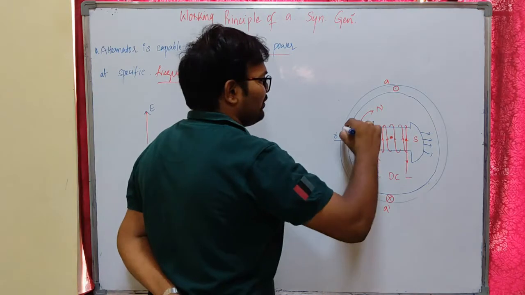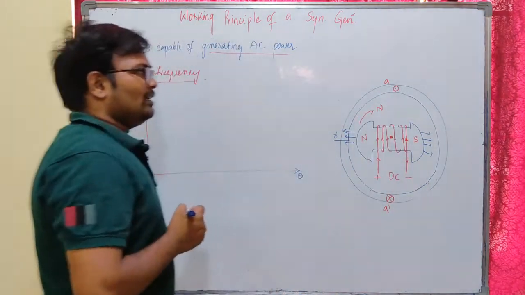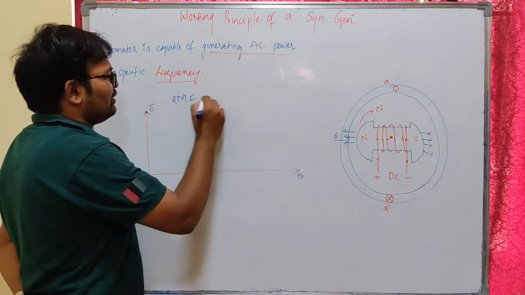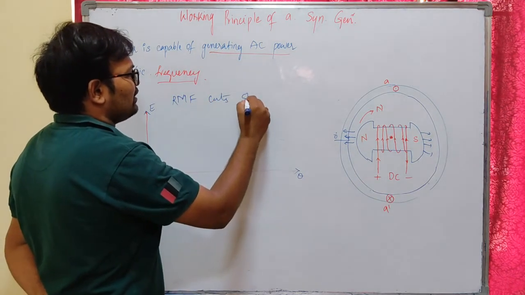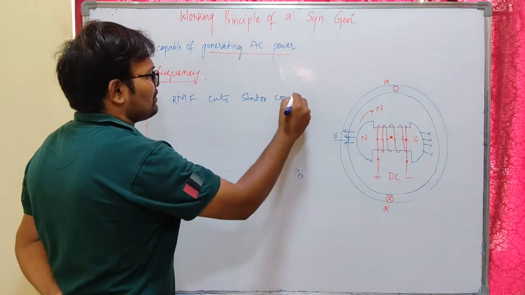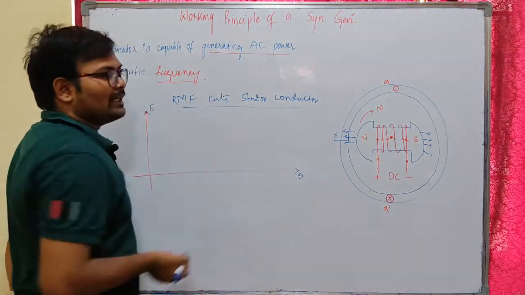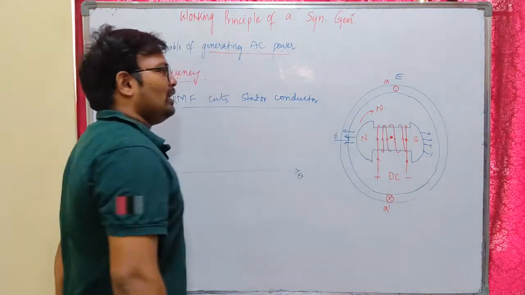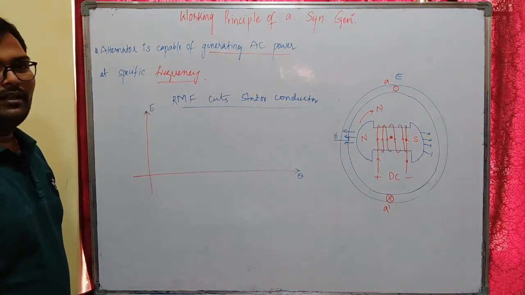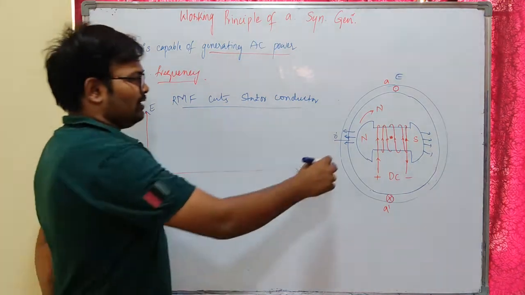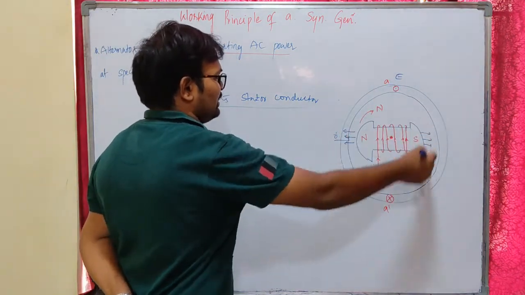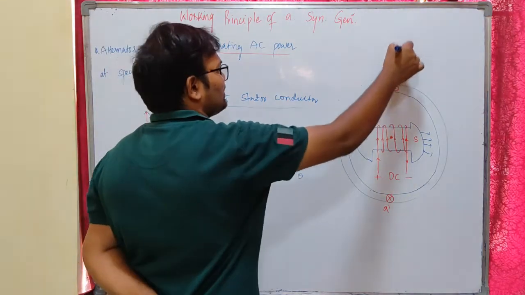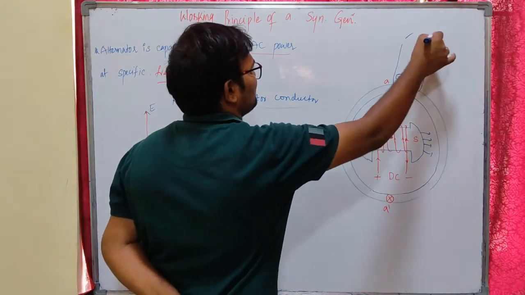Okay, so this magnetic field will cut the conductor in the stationary stator. That means the rotor magnetic field cuts stator conductors, and those stator conductors will be induced with some EMF. Okay, so we have got some EMF in the stator winding. This magnetic field cuts the stator winding as it is rotating, and some EMF will be induced in the stator conductors. That EMF will be supplied to the grid. Okay, so this is the operating principle.